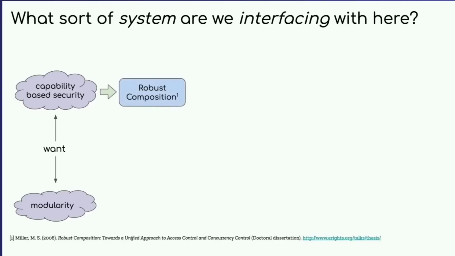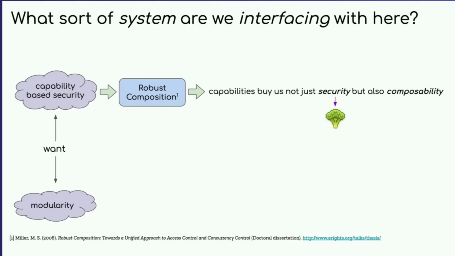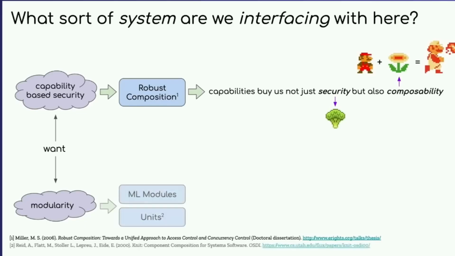In the direction of capability-based security, a great resource is Mark Miller's dissertation on robust composition. The takeaway here for me was that capabilities bring not just security, which is kind of like eating our vegetables, in that it's good for us and eventually we grow to like it, but also composability, which is like the fire flower that makes us Fire Mario and productive. So that was exciting. And we also did some research in the modularity direction around the ML module system and